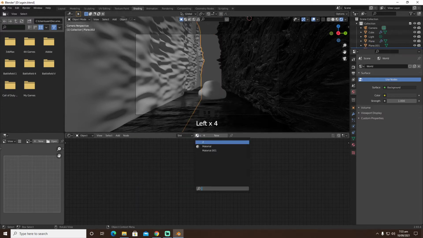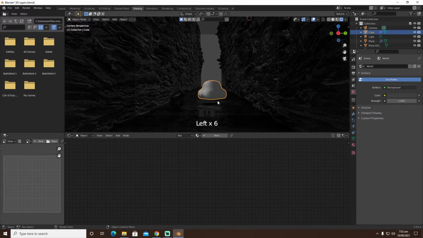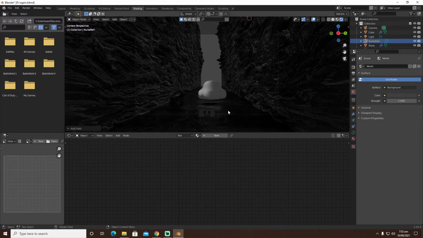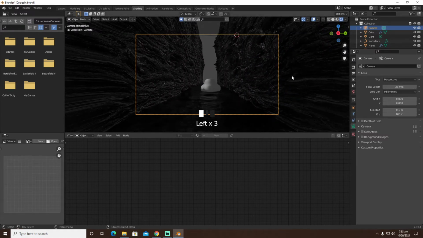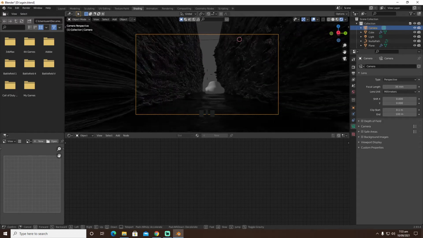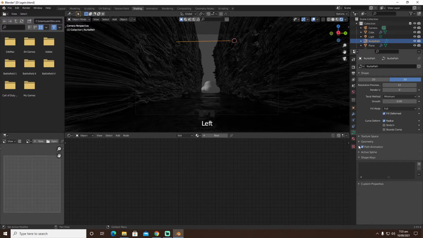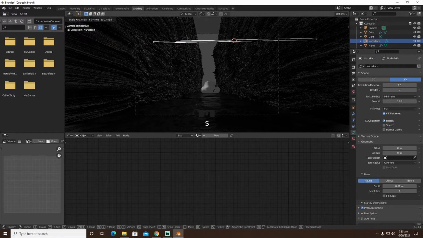So we're gonna select this guy and we're gonna give it material number 2, so we have something like this. Alright, so the next thing we're gonna do is create a path RZ90. Let's go into camera for a while and bring it back to right about here, and bring it to somewhere right about here. We're gonna select our path, go into geometry, and let's scale this guy down,